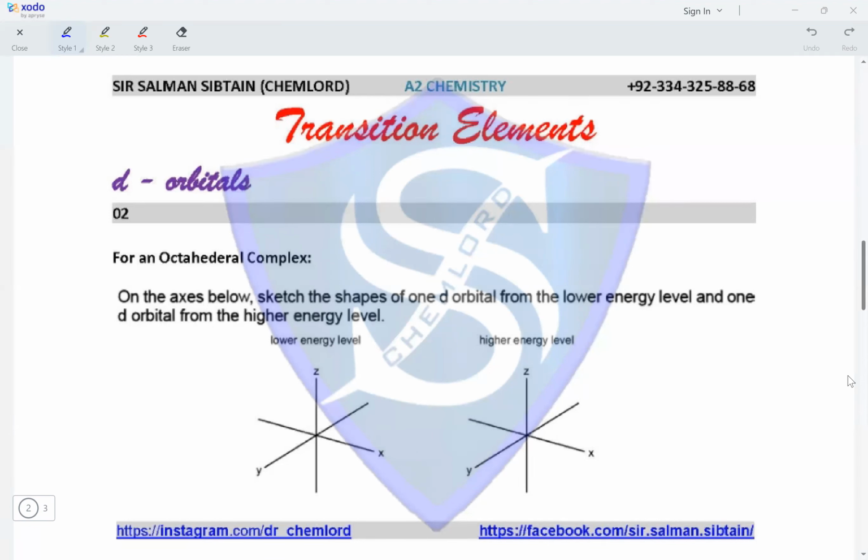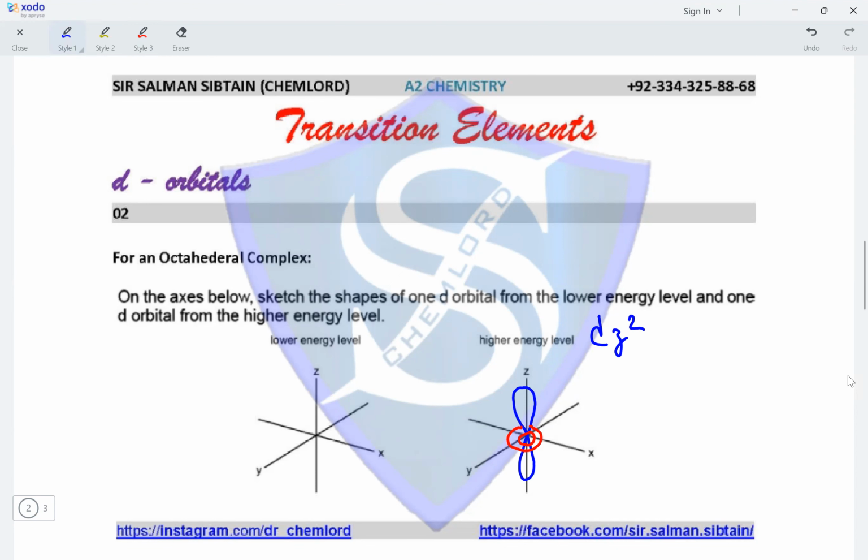So, I am making the dz square orbital here, which would be one bilobe on the z-axis and the other bilobe changing its shape into a donut ring and going around the z-axis. So this is the dz square orbital, and orbitals that are in the lower energy level are the ones present